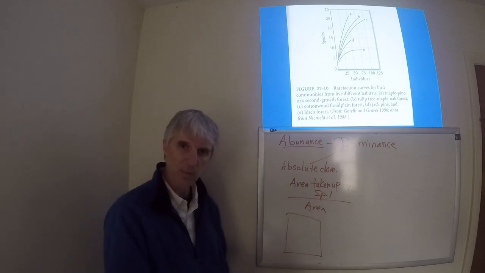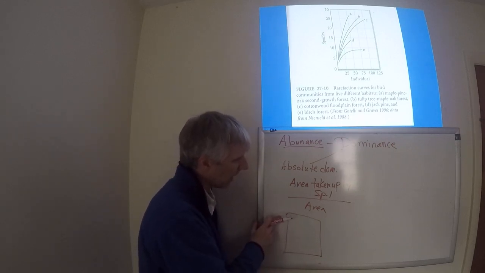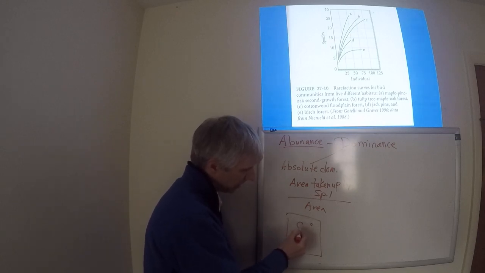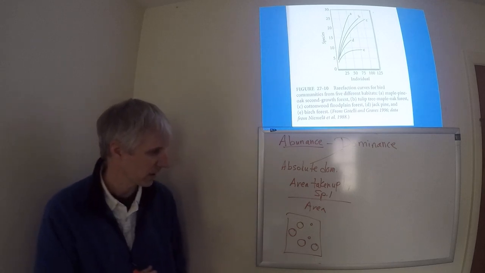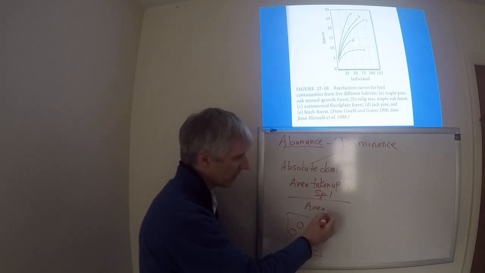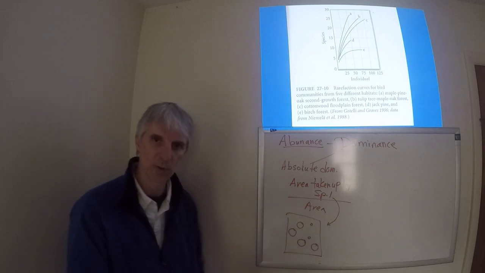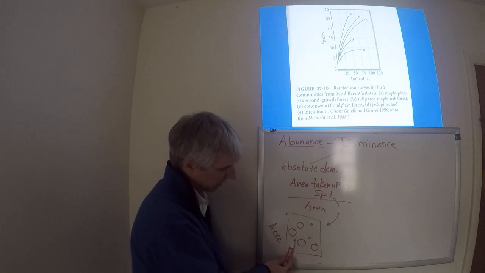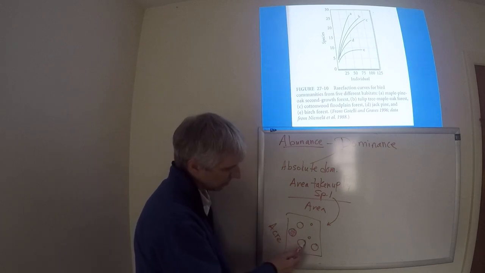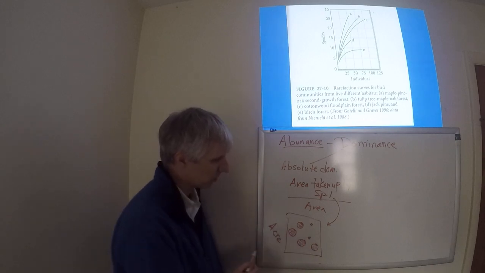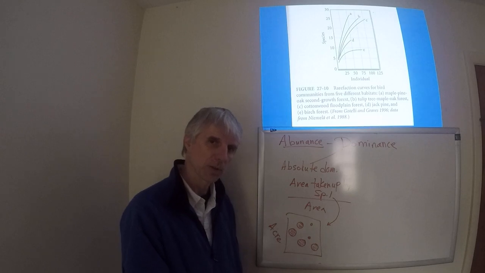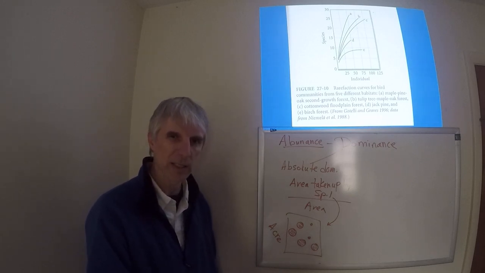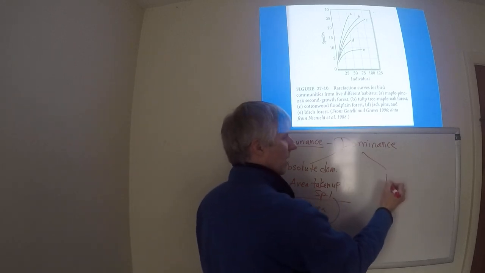So for trees, this might make a lot of sense. I could take and look at the cross-sectional area of a bunch of species 1. Maybe these are all sugar maples within the forest. This is still an acre. The dominance would be the cross-sectional area of all of these individuals together. That's absolute dominance. It's a measure of area taken up. I could also do